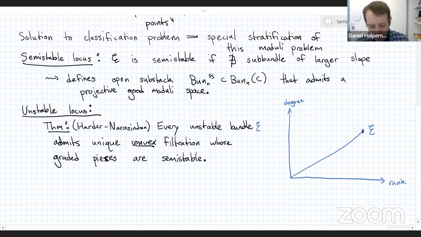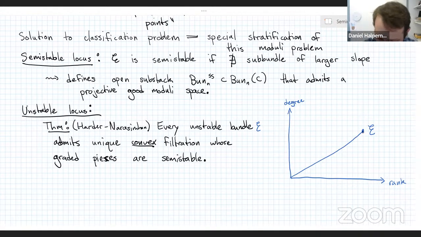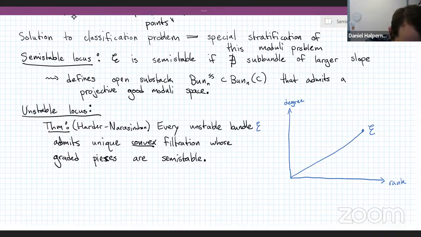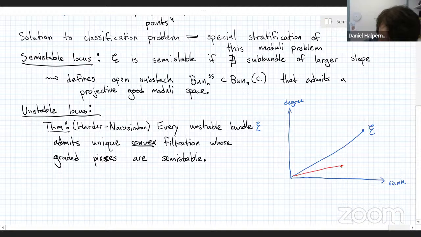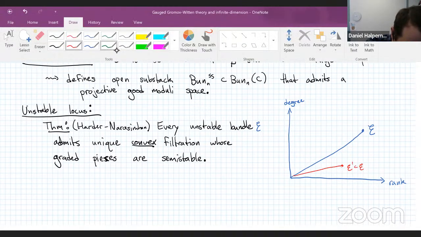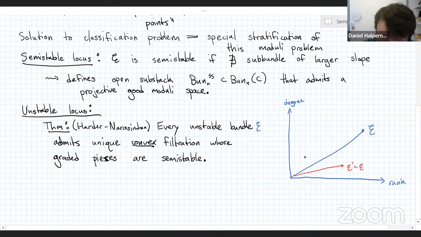And the idea is that E is semistable if and only if every subbundle sits below or on this line. That's what semistability means, if I have an E prime inside of E. If you have a single subbundle that sits above the line, that's destabilizing. And what the Harder-Narasimhan theorem says is that